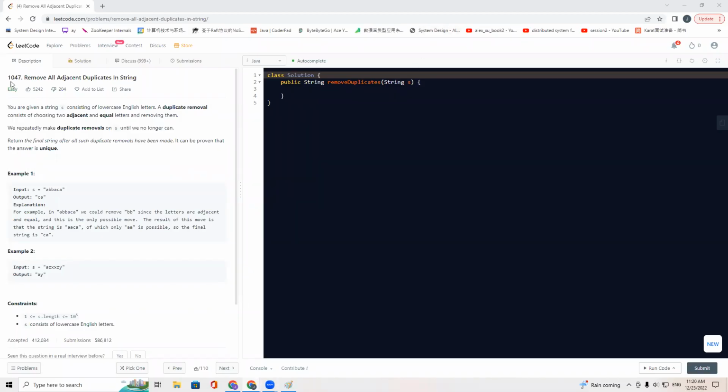Let's go through LeetCode 1047, Remove All Adjacent Duplicates in String. This question gives us a string S, and asks us to remove all of the adjacent duplicates and return the final string after removal. For example,